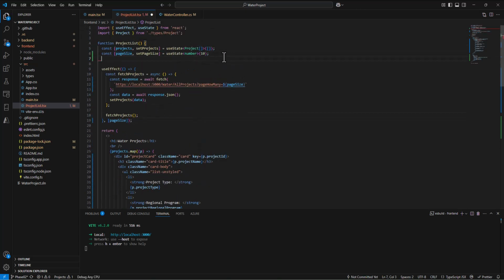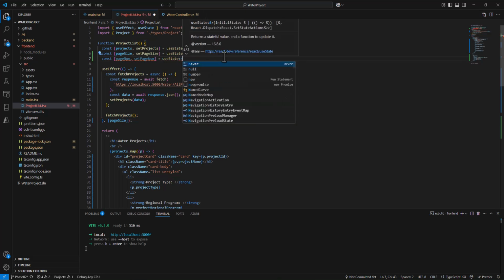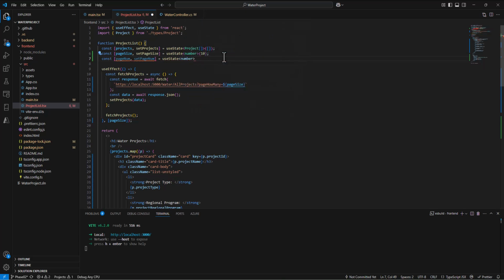We're going to come in, create a variable to track the page num, and then to set the page num. And we'll use state, just like we did. What type of information is it? It's going to be a number. What's our default? Well, probably we want a default of page 1, right? And so we can set that to a 1. So we now can track the page number. Which page are we on? And then how do we get that information up to the server?